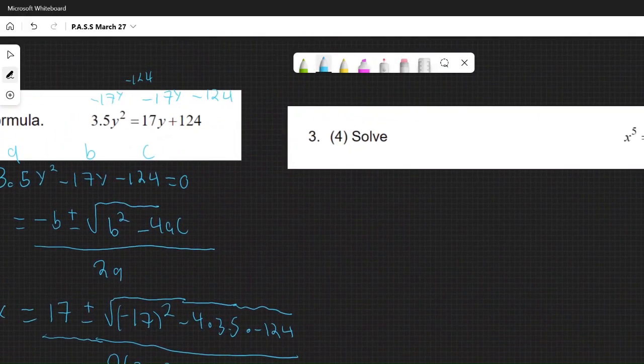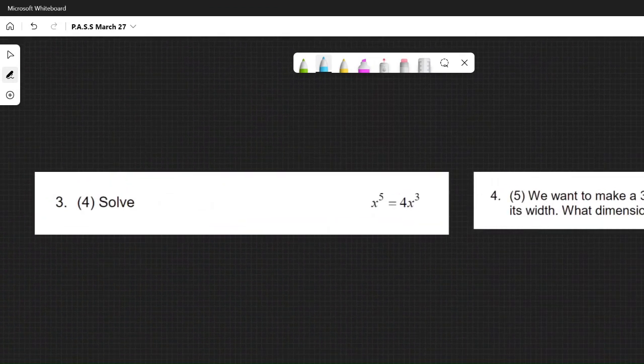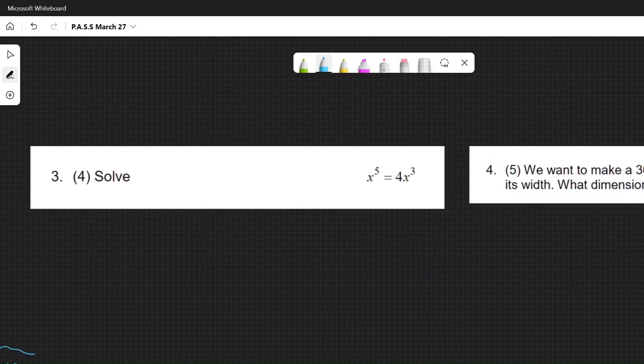So next up we have x to the 5th equals 4x cubed. So this one you have to be careful. It may be tempting to divide both sides by x cubed, but if you were to do that, you will miss out on one of the answers, and I'll show that in a moment. So what I'd like to do is get all of our terms to one side. So I'm subtracting 4x cubed from both sides, and we'll have x to the 5th minus 4x cubed